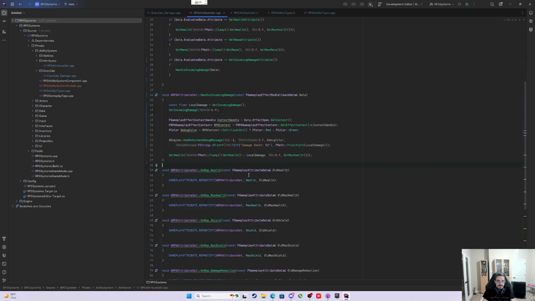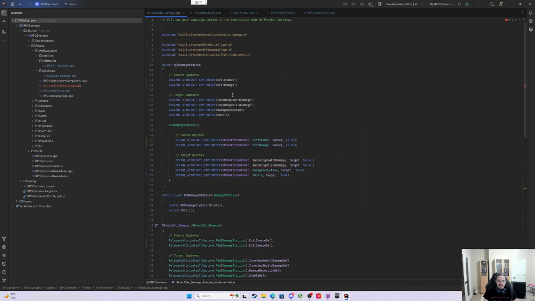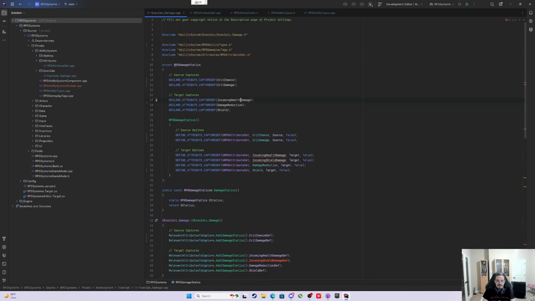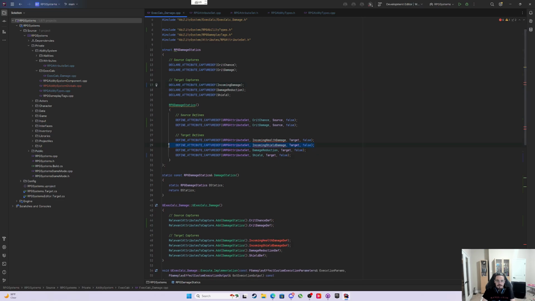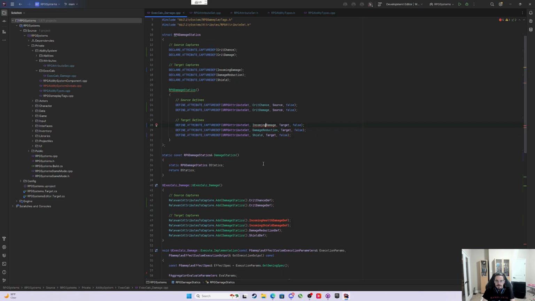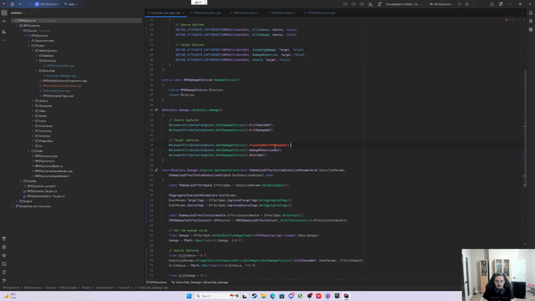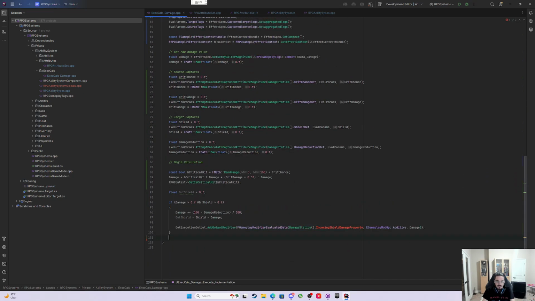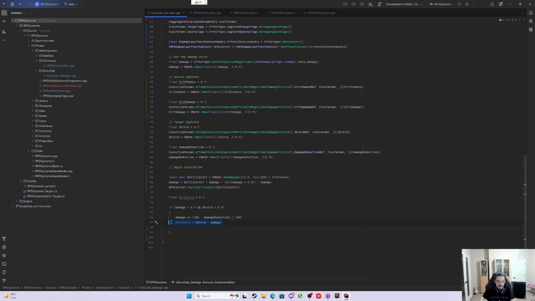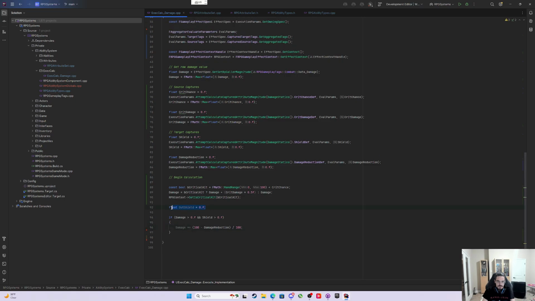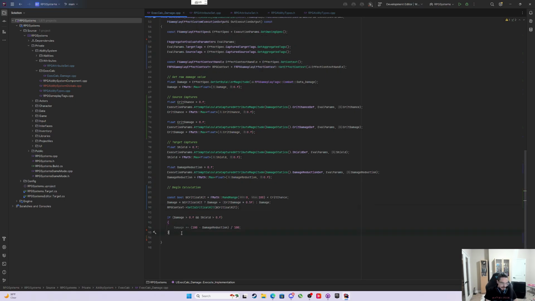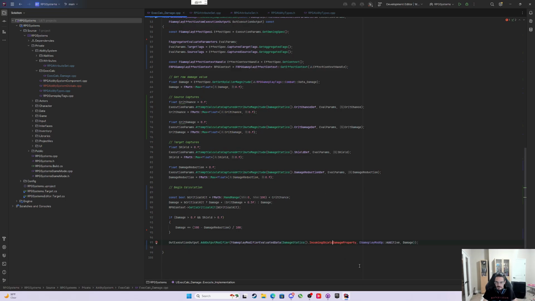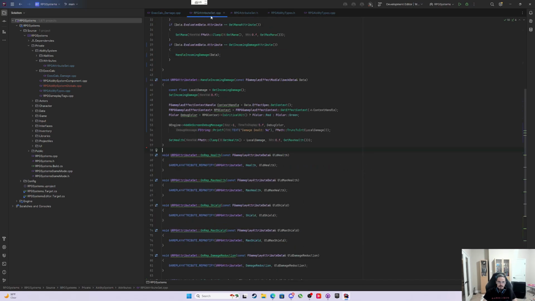Then we can get rid of this, which means we need to come back into our damage execution, and we'll just get rid of this. This. And all we're going to do is get rid of out shields. And we're going to come down here and do this, and it's just going to be incoming damage property. So now that we've reduced it down to just one incoming damage property,